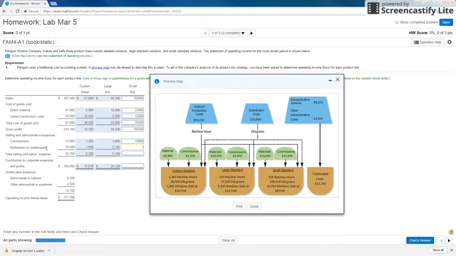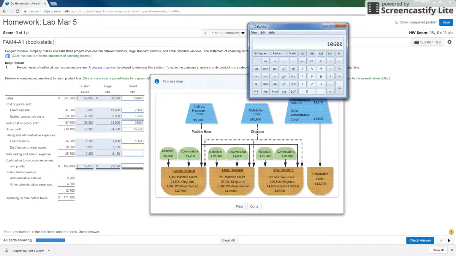And the same goes for even the distribution to the warehouse, which is indirect, and you can calculate that using this number: 199,500 divided by the total kilograms multiplied by that part. But since we know the total and we know the first product and second product, we just calculate the third one using deduction. So 10,000 in total, I have 10,900 minus 1,090 minus 2,180. It gives me